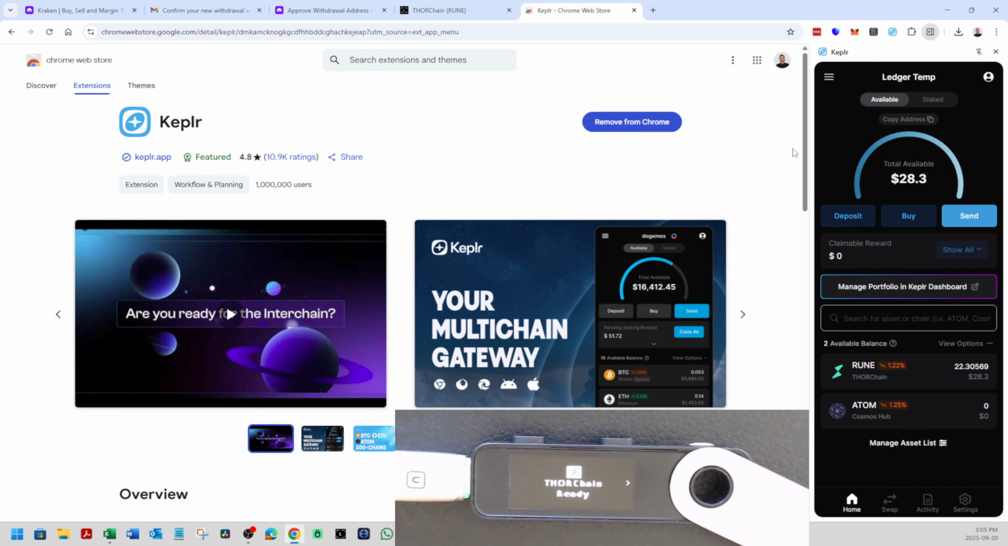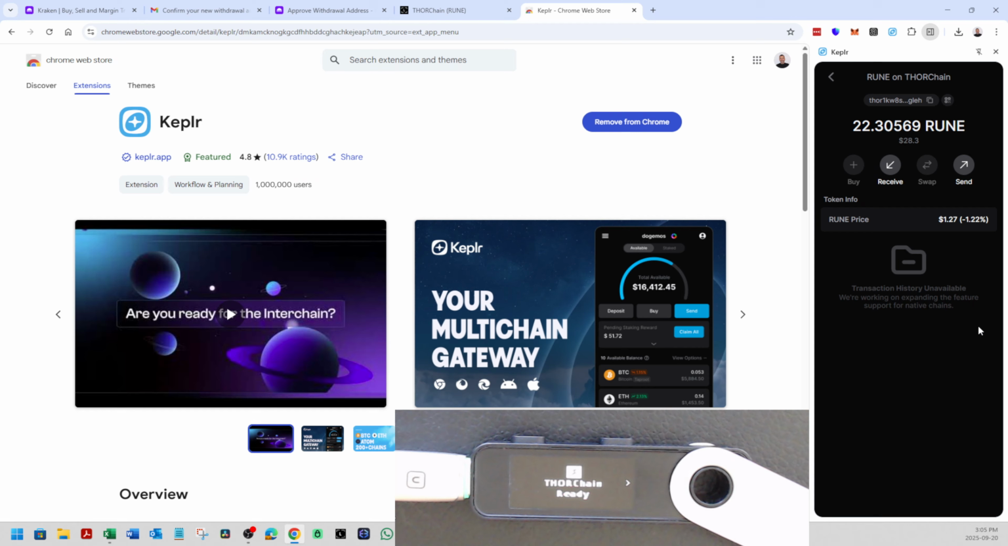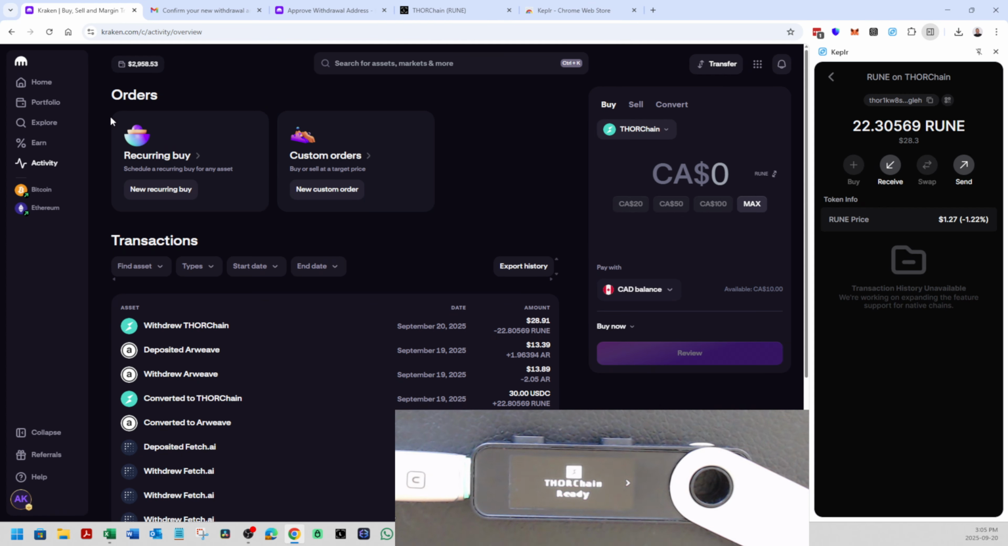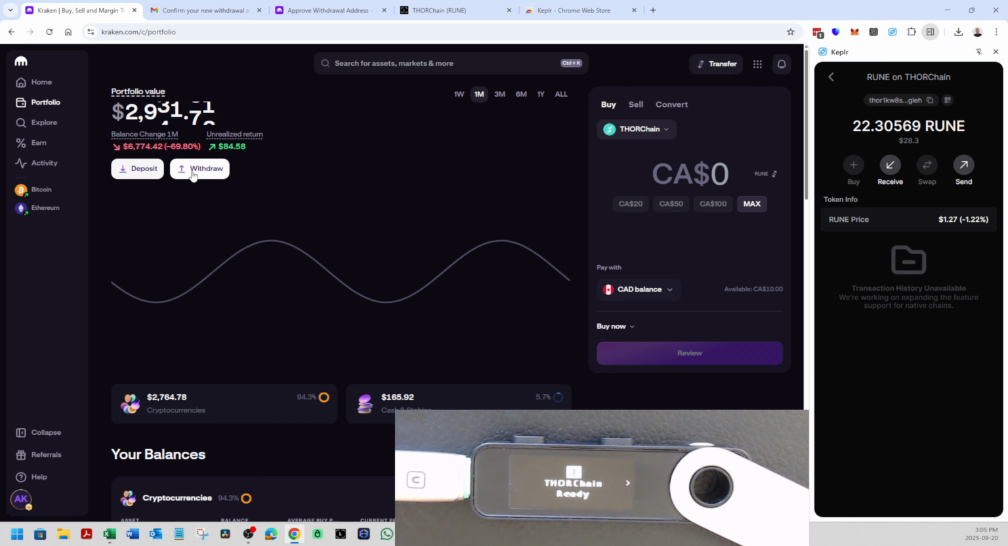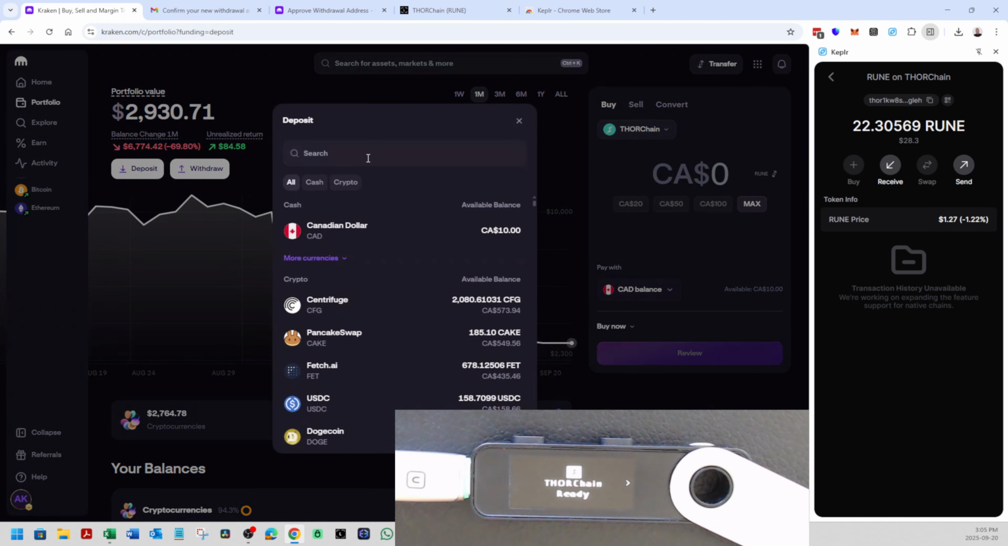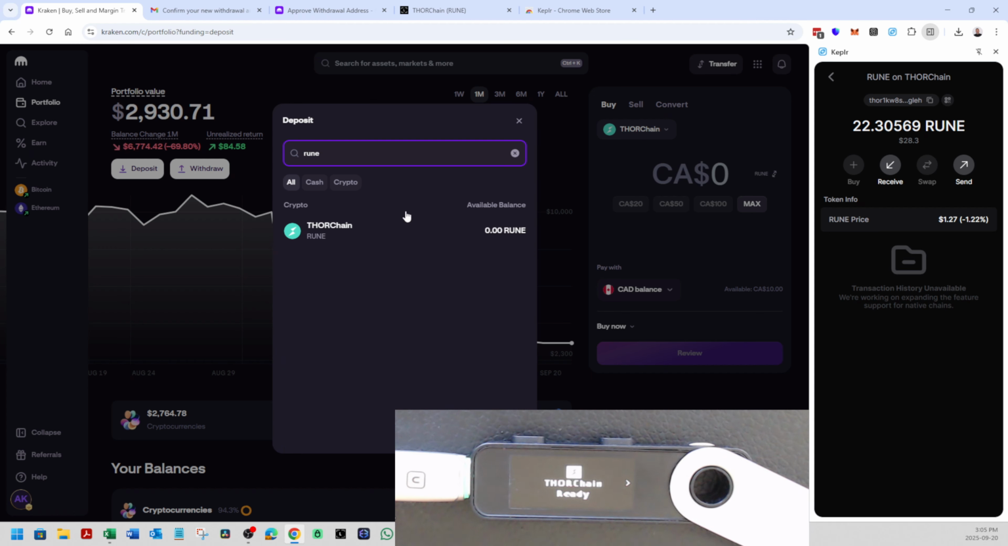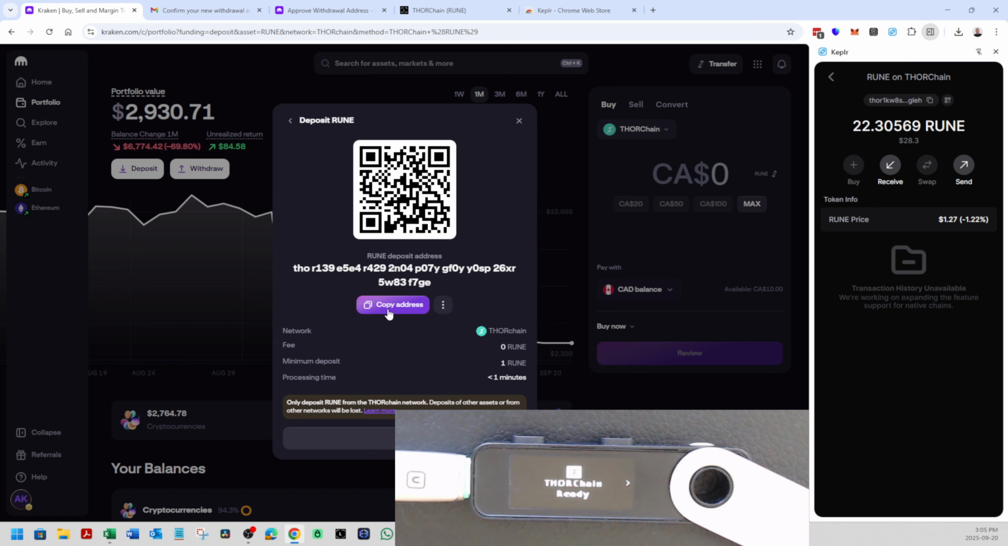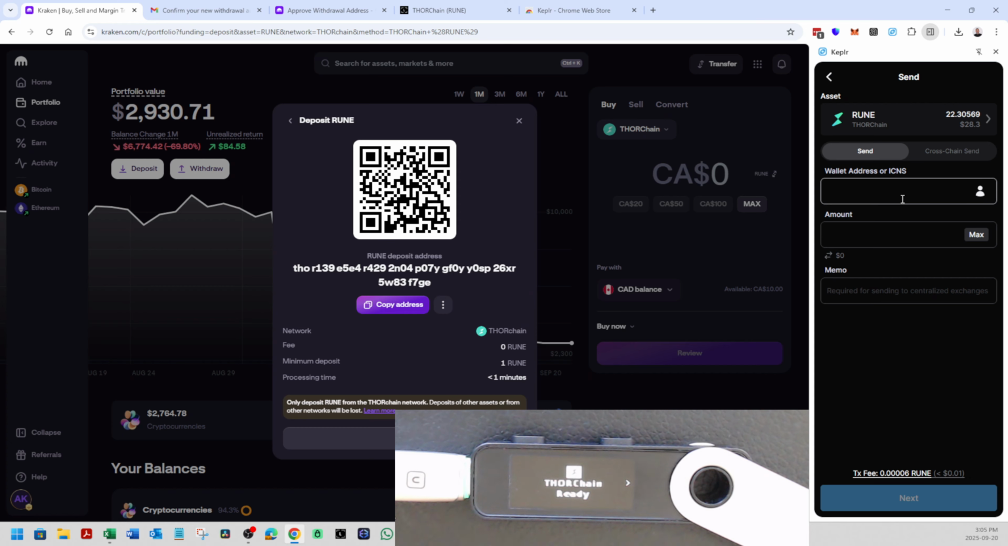I'm going to open it. I'm going to click on RUNE and then prepare the receiving wallet. So I'm just going to go back to portfolio, deposit, look for RUNE to get the address, the wallet address, copy address, and then click send here in the Kepler wallet, paste the address. The amount is going to be max. There is no memo. I don't see anything on the left side. So I'm going to click next,